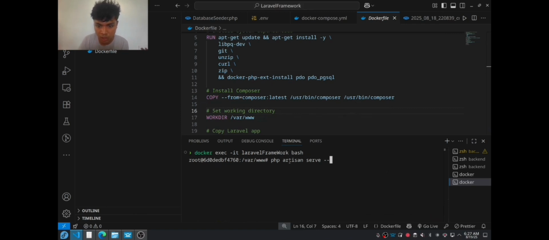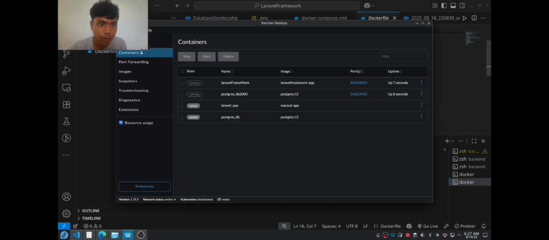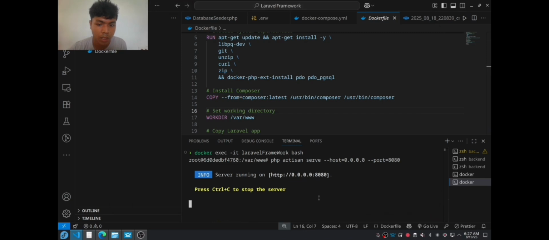So let's force this. Yeah, it's now running in here.